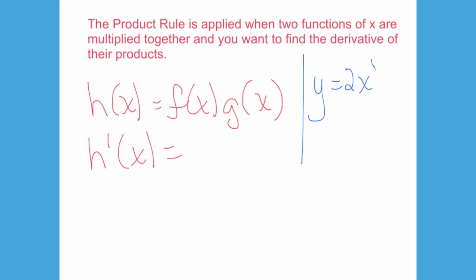Some people might say, well, Miss Morgan, that 2 is multiplied by that x to the 6th. Really, that's when you're in a constant situation where you have a constant times the x to the 6th. So you're just going to go, okay, that's 12x to the 5th. That's that situation. But if you have a function of x and a function of x, like we just saw,